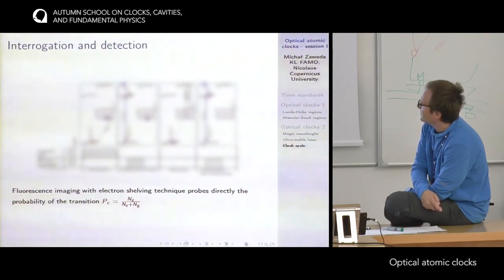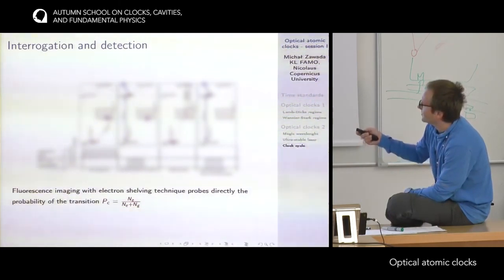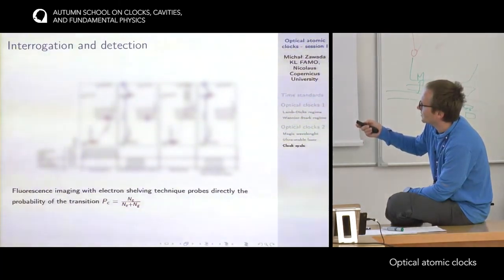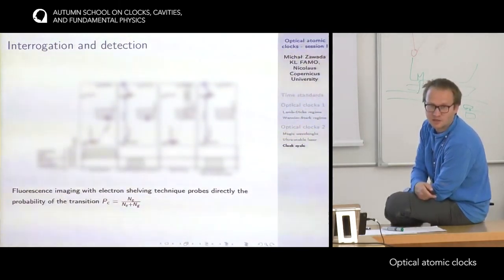So that's the basic interrogation and detection scheme. You first somehow excite some of the atoms to the 3P0 state. So we think of 1S0 and 3P0 as the ground and excited clock states. You excite part of the atoms to the excited clock state here, and you want to check in detection how many atoms stay and how many atoms get excited. Because that will give you exactly the probability of the transition for the wavelength of the laser that you shine